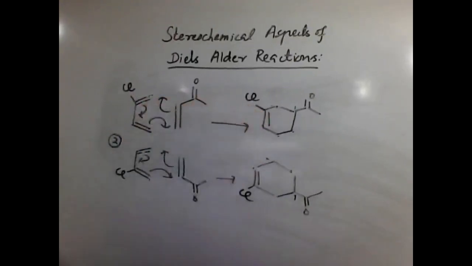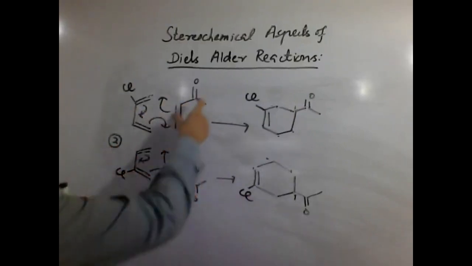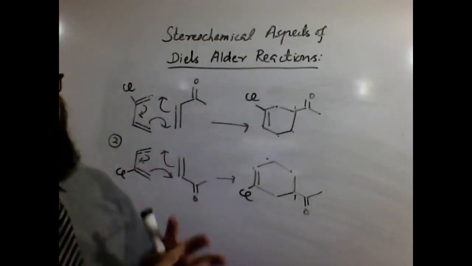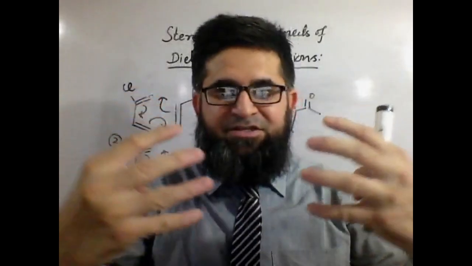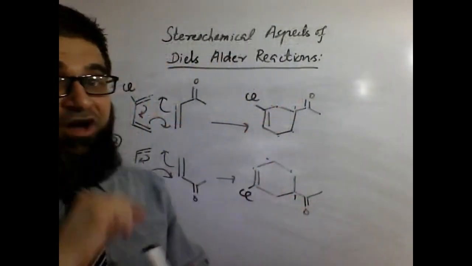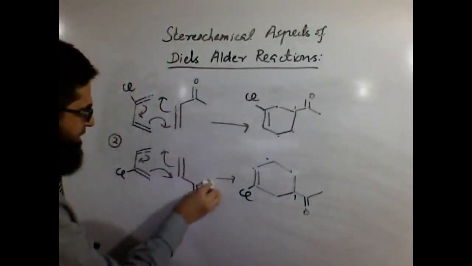Movement, this is the product. In the next example, if one of them reverts but the other remains the same. I'm reverting this one as well as this one. If both of the reactions revert inside the flask, then the product will be the same. If one of them reverts, let's say this is the body and this remains the same,